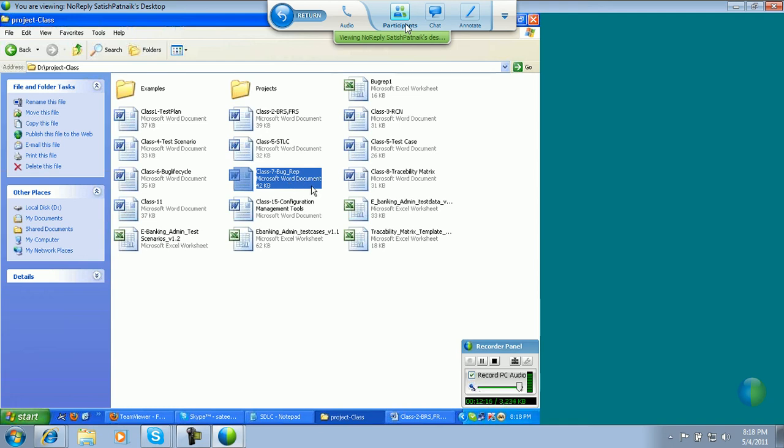The next point. The bugs will be fixed by the developer based on the priority. That means the priority indicates which bug should be fixed first, which is next, and which is the next after that. The next point: after the major bugs are fixed,